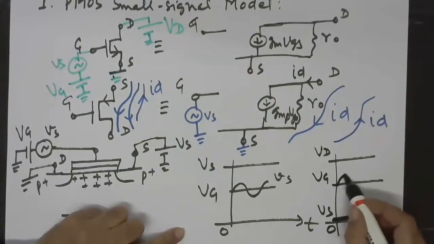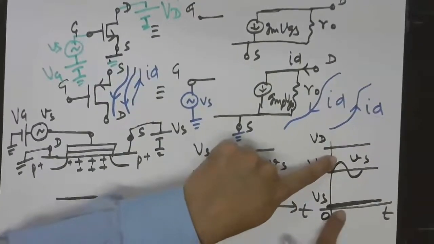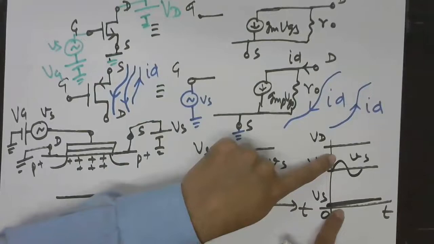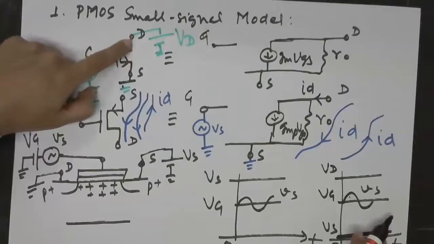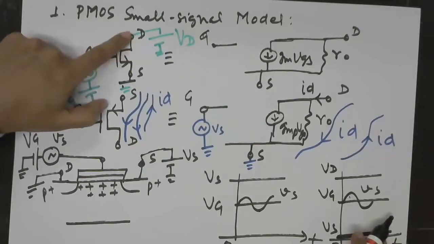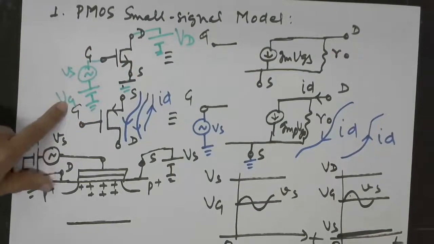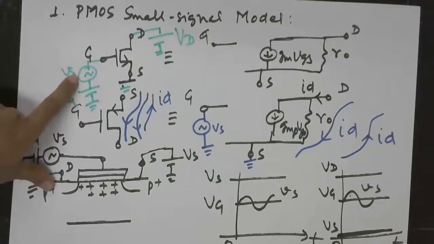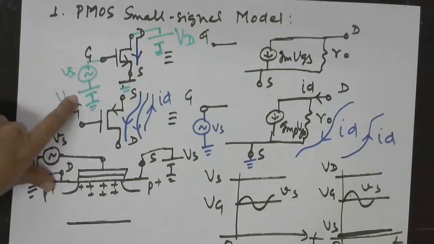Source is grounded. So now you can see that the same time varying voltage VS creates more gate to source voltage for the positive half in this case. So there is now more gate to source voltage. That means there will be more drain current, net drain current, and in this case the drain current will be flowing from drain to source. So the net drain current will have two parts, one arising because of the DC VG and other arising from VS.